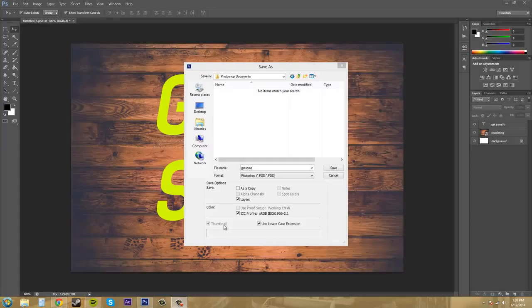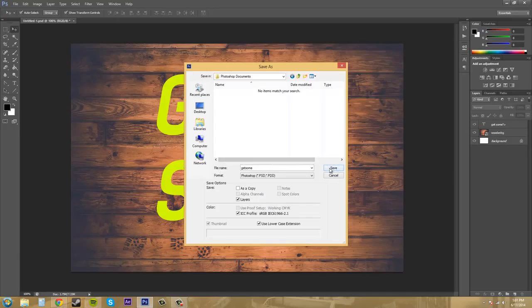You can set up a preference where you're able to uncheck or check this, and I'll have to show you guys that later on. And use lowercase extension just makes the file extension lowercase, so .psd won't be in capital letters, it'll be in lowercase letters. I don't know why that's such a huge deal, but maybe some people really care about that. Who knows? So then when you have all your stuff checked, just click save,